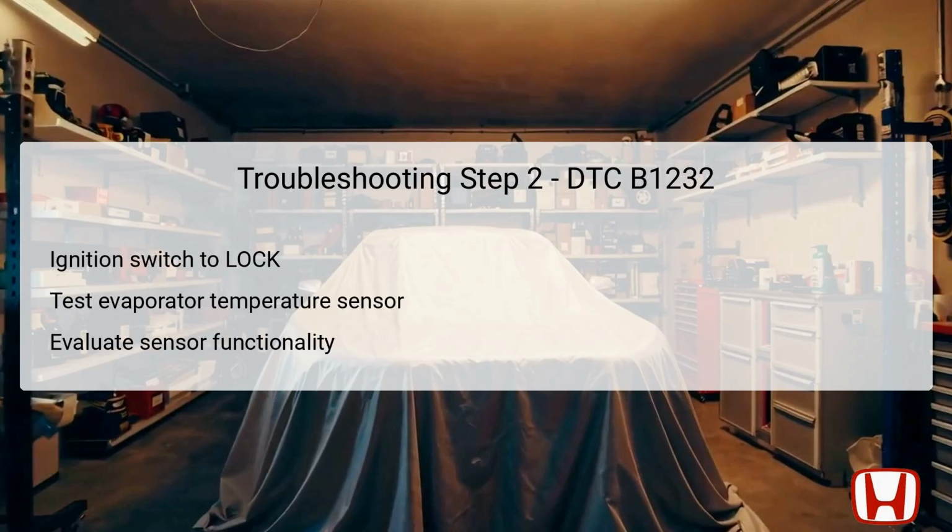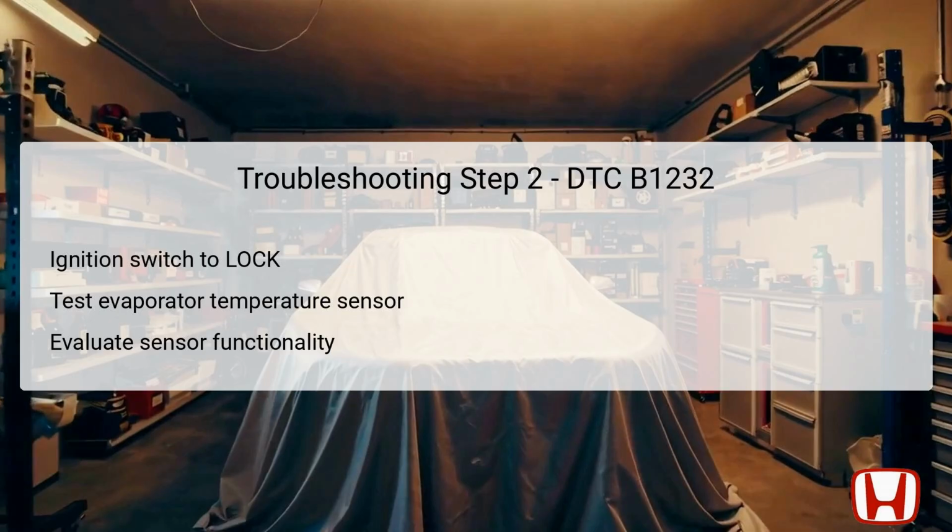In the second troubleshooting step, the focus shifts toward the evaporator temperature sensor itself. Begin by turning the ignition switch to the lock position once more to ensure all systems are powered down. Next, carefully remove the evaporator temperature sensor to conduct a direct test for functionality. It is crucial during this stage to evaluate whether the sensor is operating correctly by utilizing a multimeter or similar